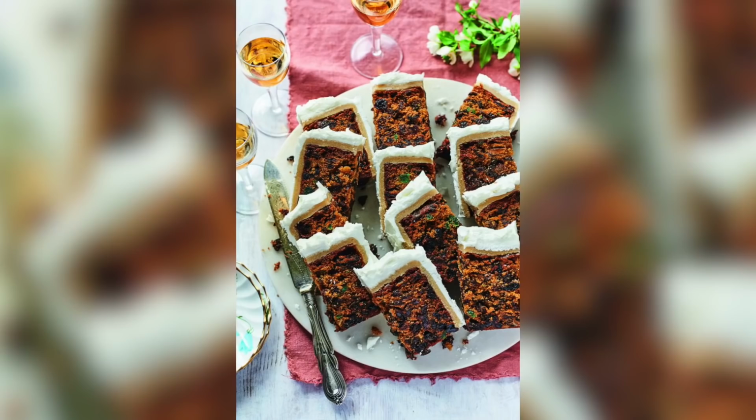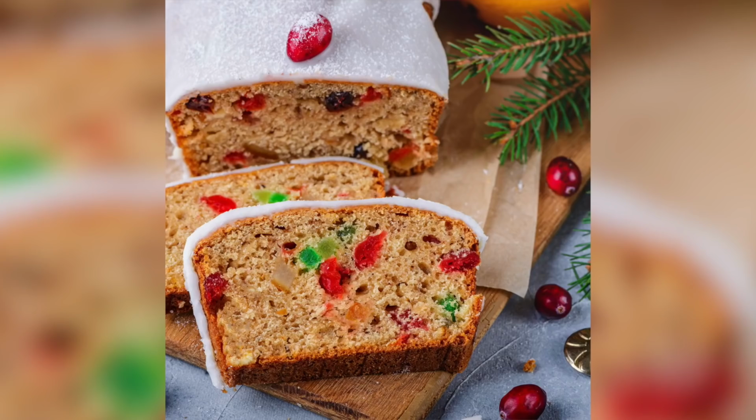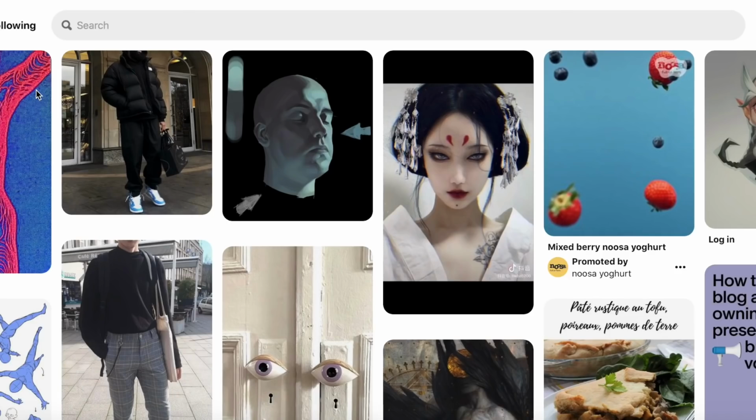But there's of course things in this life that are way more important than decors and holidays, and that to me is cake. So when I decided I wanted to do a cake battle for a Christmas cake, I wasn't really sure, what does a Christmas cake look like? I mean, usually what I've seen at Christmas parties is just like a fruit cake, and to me that's just not appealing. So I turned over to my good old friend Pinterest and I searched up Christmas cake, and the